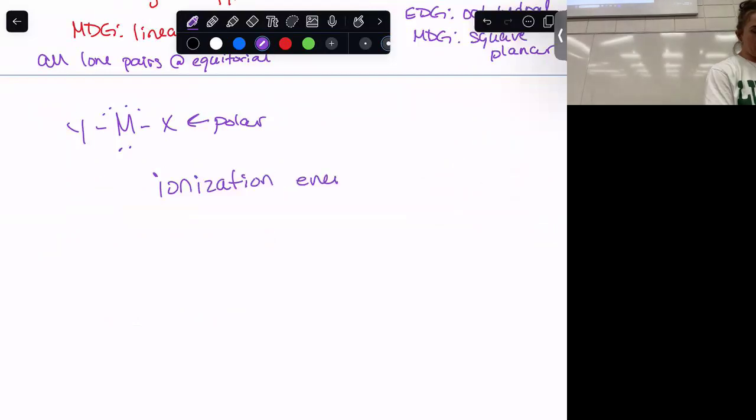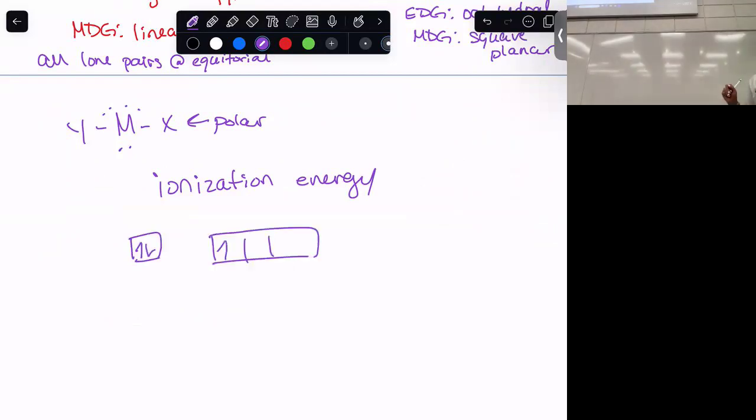So in group 3, you have all of your electron configurations looking like this, where this is the s orbital and this is the p orbital. So the ionization energy actually goes down to remove the p orbital electron, because then it ends up with just an s electron that's filled. You have nothing unpaired. So going from group 1 to group 2, ionization energy increases, so it's like 1, 2, and then group 3 is down here. And then it goes 4, 5, and then